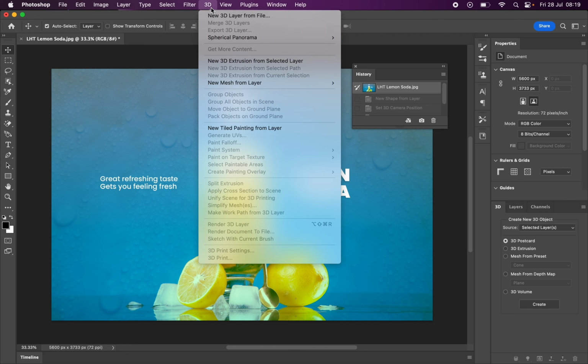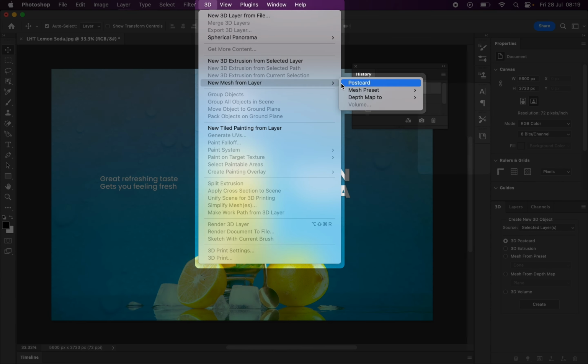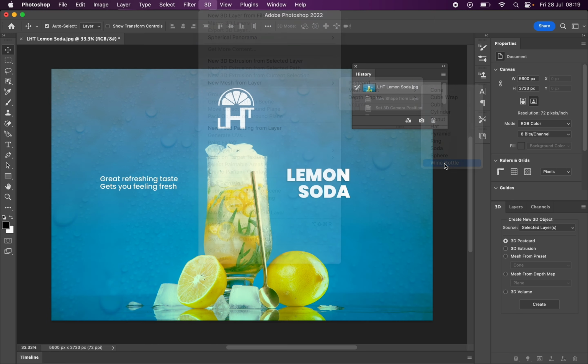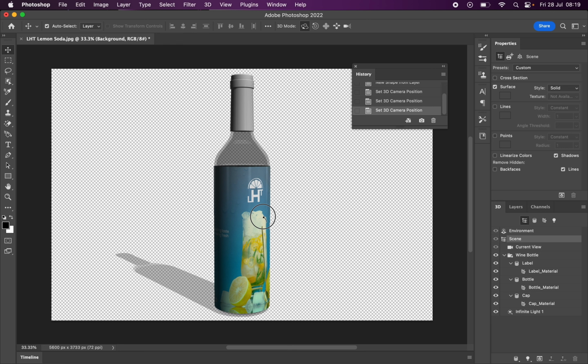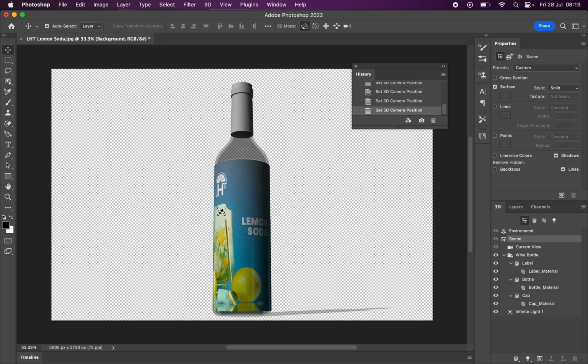Here let's try another one. So I'll try the wine bottle. There you can see a wine bottle wrapped very well with the design we have made. This is how you can create a 3D wrap out of a